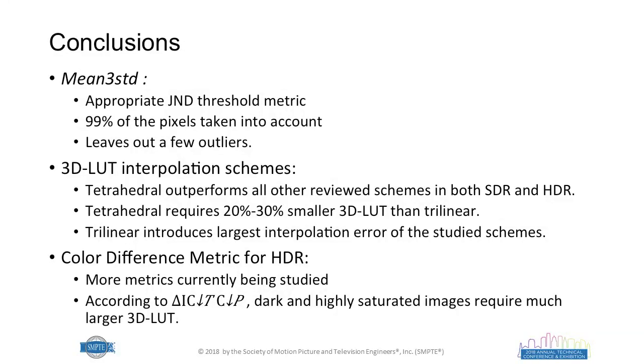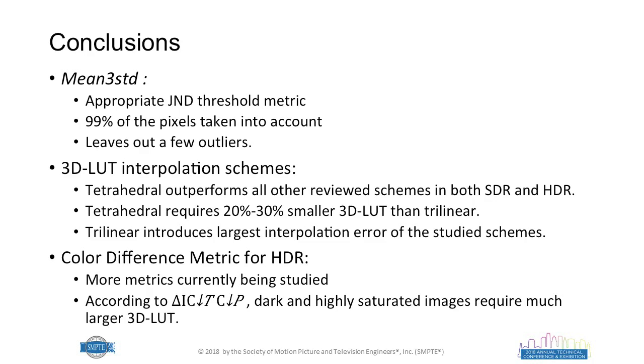So, conclusions: we defined a metric that we call mean plus 3 standard deviations, which we found appropriate to define the JND threshold. It covers 99% of the pixels in the image while leaving a few outliers out. Tetrahedral interpolation, of all the 4 interpolation schemes studied, outperforms all of them in almost every single case in both SDR and HDR. Tetrahedral requires, on average, a LUT that is 20 to 30% smaller than if using trilinear. And trilinear introduced the largest error of the 4